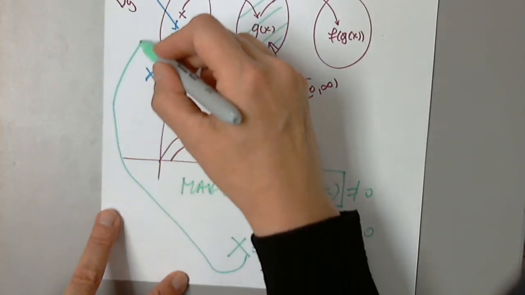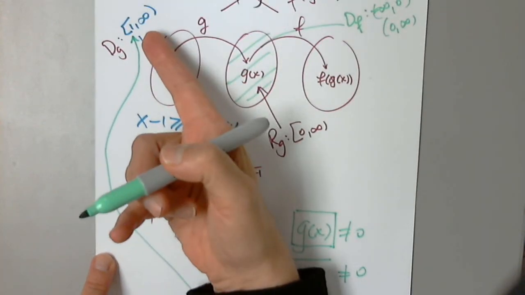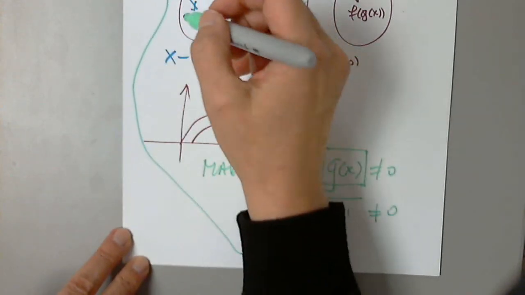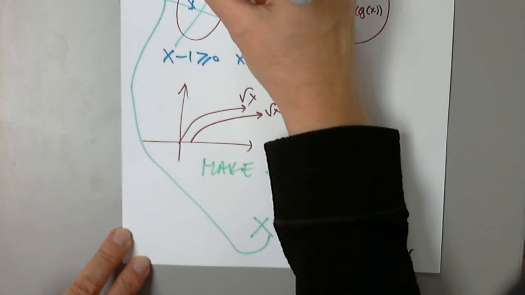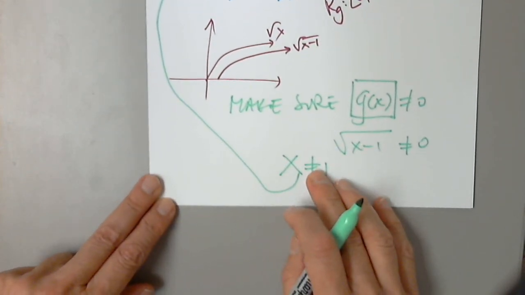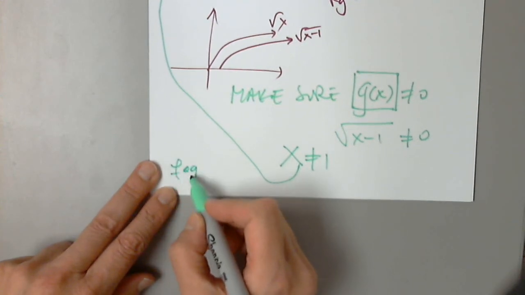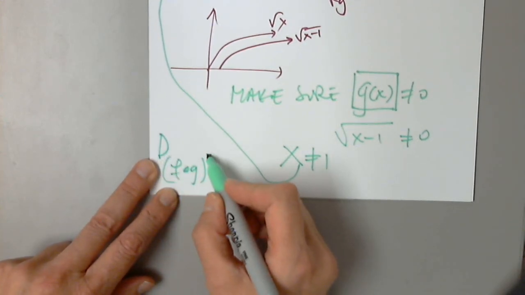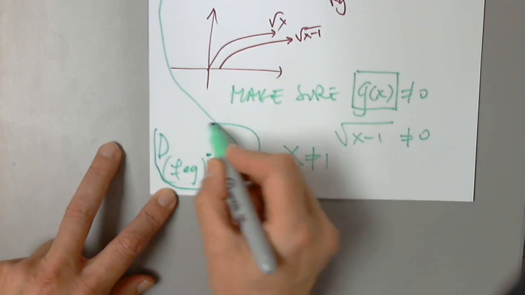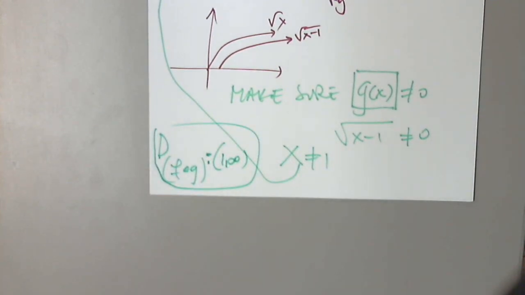So I go back. I remove it from the domain. Is 1 in there? Good. So I'll say x is not equal to 1. And that becomes the domain of the function composition. So the domain of f of g is 1 to infinity. As you see, it's a